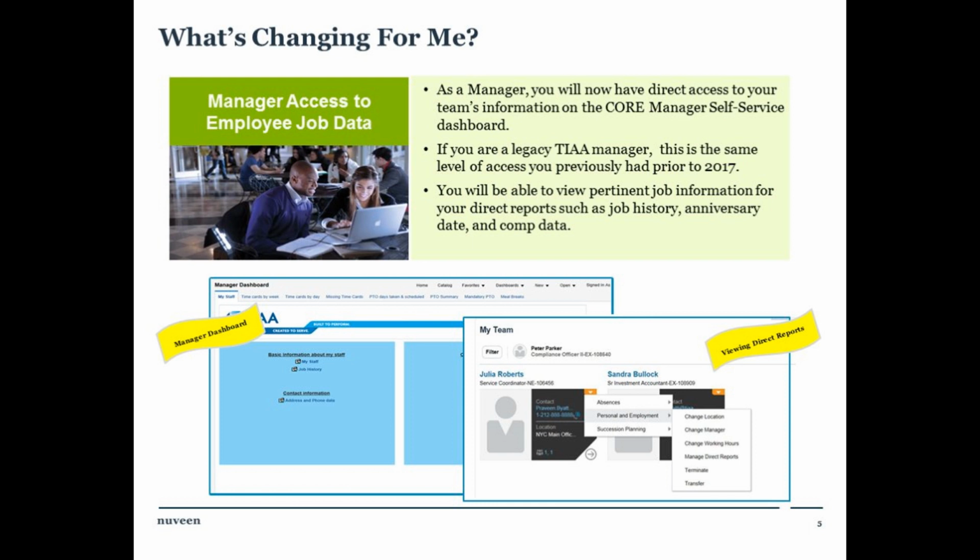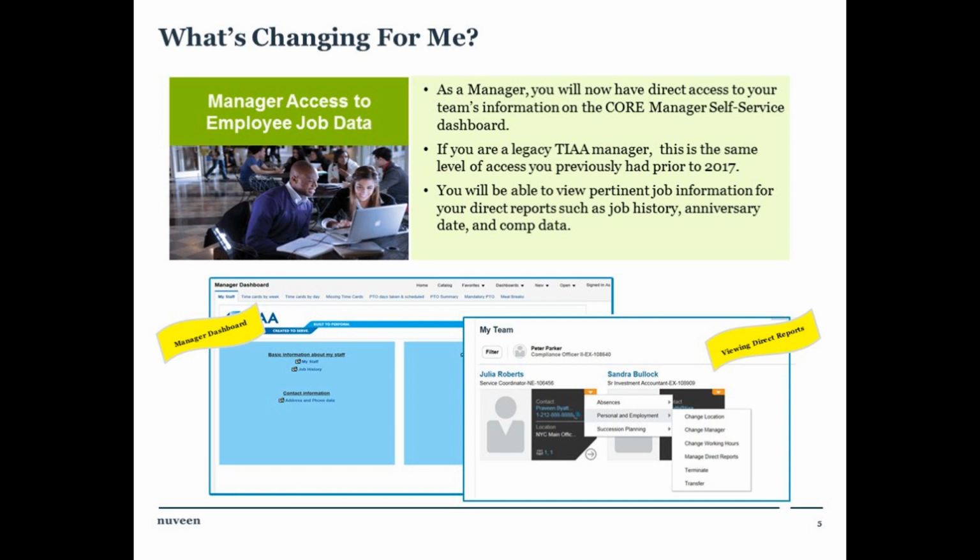And then on the right is a sample of what the screen looks like when you pull or click on a team member. So obviously we have just some sample data in here of Julia Roberts and Sandra Bullock, but what you would see would be actual members of your team. And again, Virginia's going to walk us through the functionality, but what's shown on the bottom right-hand screen here is the orange arrows that you click and how you walk through to start entering that information.